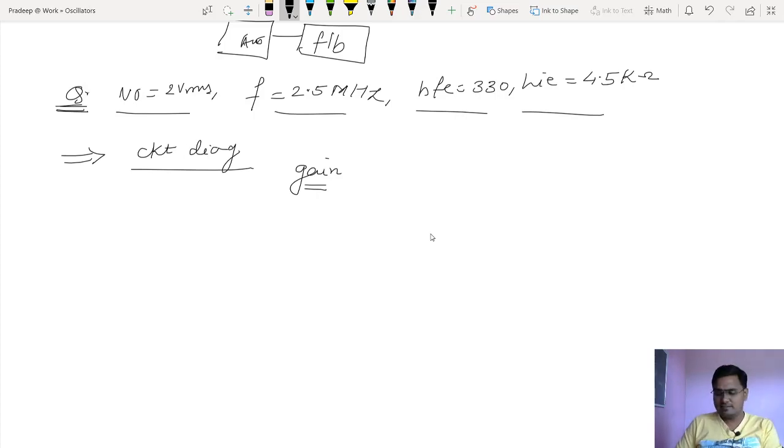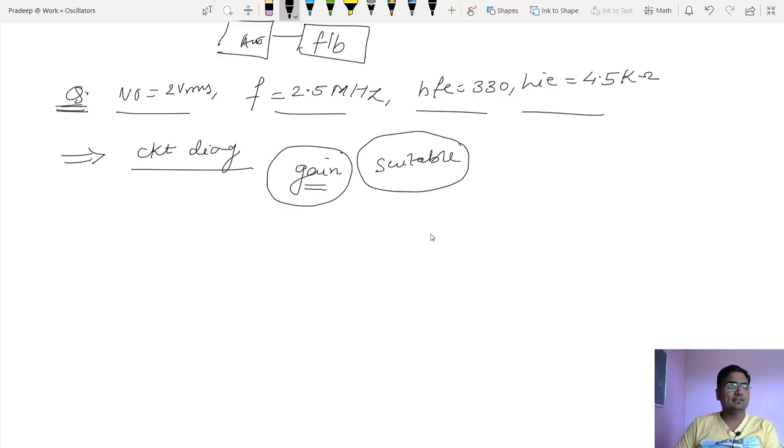In that case, yes, there is an option. What you do is you assume the gain of the amplifier. I told you that you are the designer, you are free to assume any suitable value. I am intentionally using the word suitable, because that suitability is very important. We had a discussion about that suitability in the case of the Wien bridge oscillator, and even at the time of the RC phase shift oscillator we discussed the suitability of components. So you can assume the gain which is suitable for your amplifier and then go ahead.